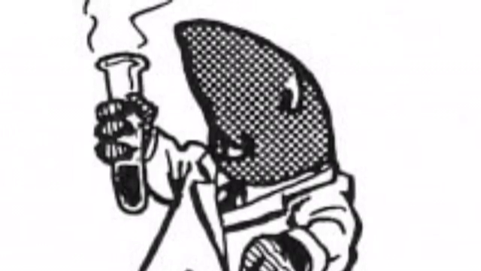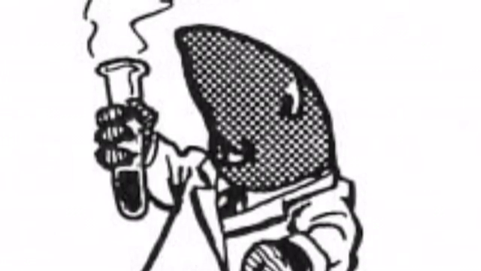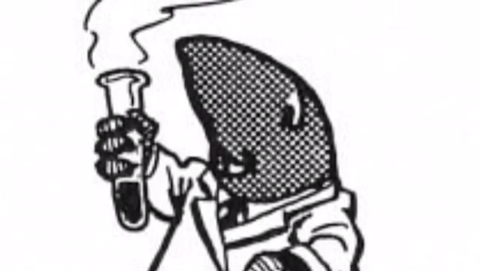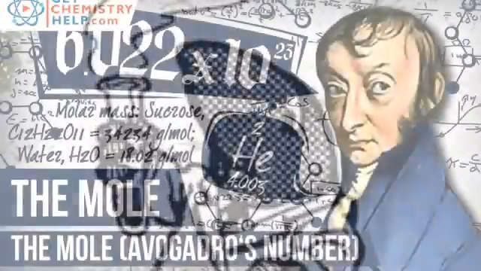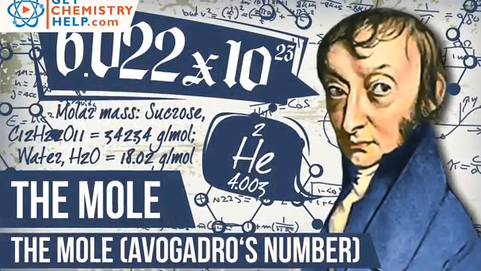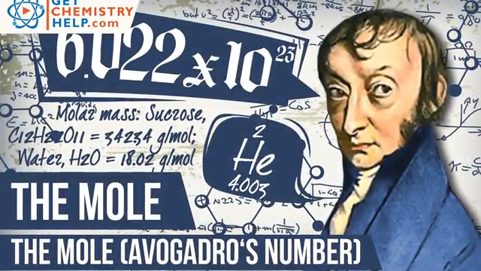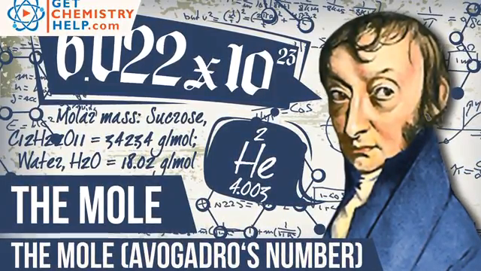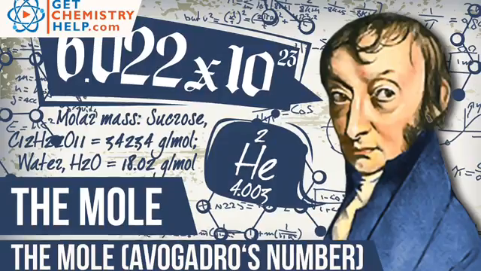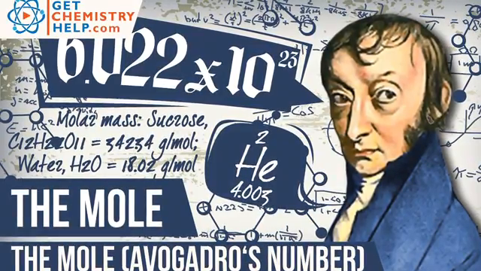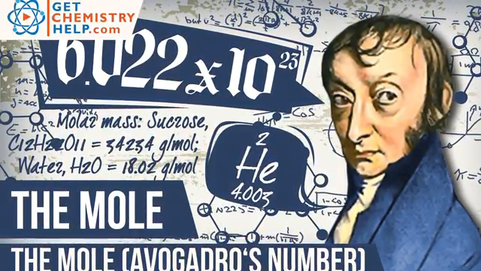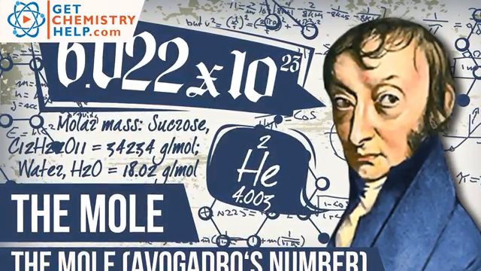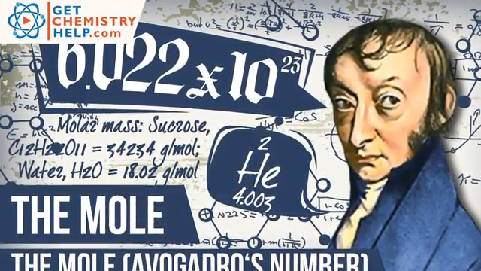We use moles because it gives us a consistent method to convert between atoms/molecules and grams. Moles also allow chemists to weigh out amounts of two substances, for example, iron and sulfur, such that equal numbers of atoms of iron and sulfur are obtained. A mole of a substance is defined as the mass of a substance containing the same number of fundamental units as there are atoms in exactly 12 grams of carbon-12.